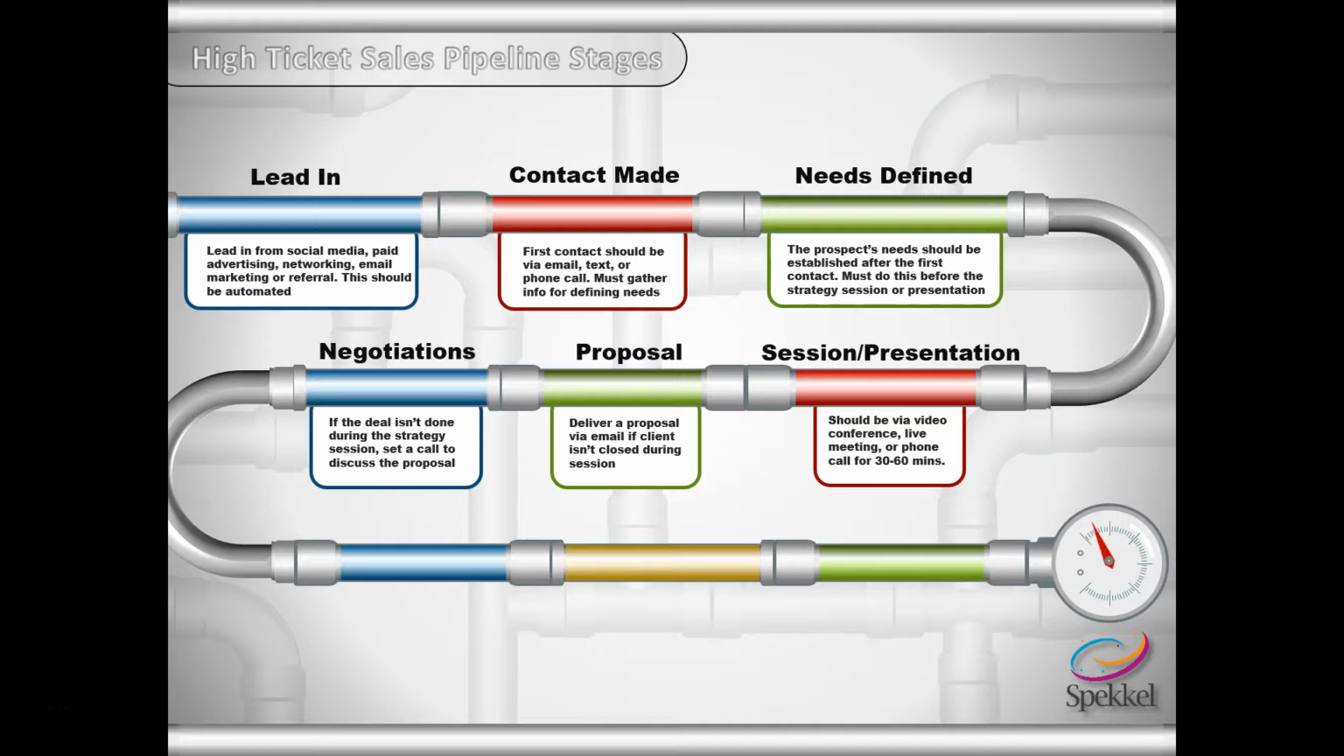Sometimes if the deal isn't done after the proposal, sometimes you have to negotiate what you're going to do. You may have to trim something off your program to help someone afford it a little better. Maybe you don't do that at all. But either way, there can be negotiations in terms of, okay, are you going to do a payment plan with them, or are they going to have to pay the entire investment up front? Those types of things you need to be negotiated to help this particular prospect or this potential client get into